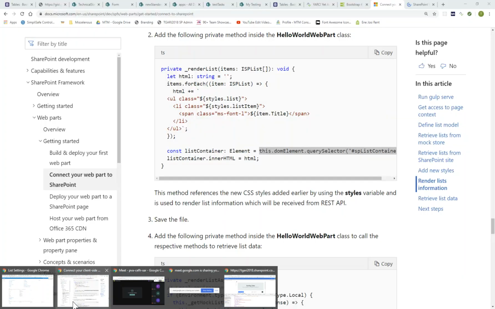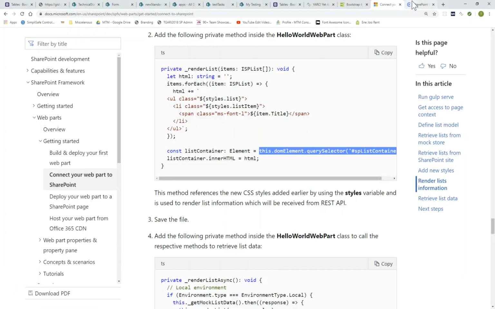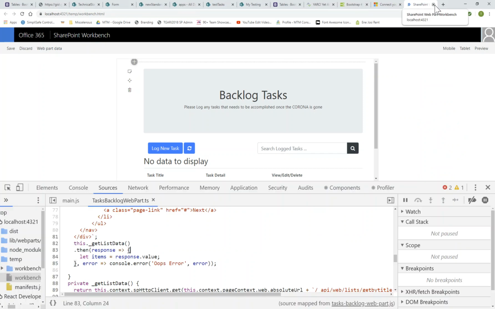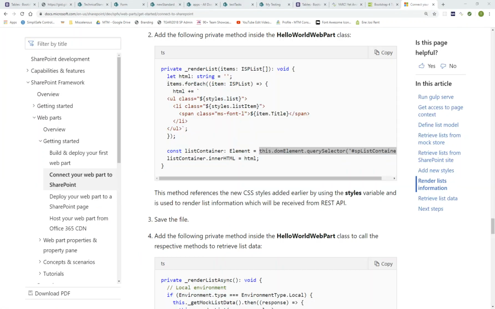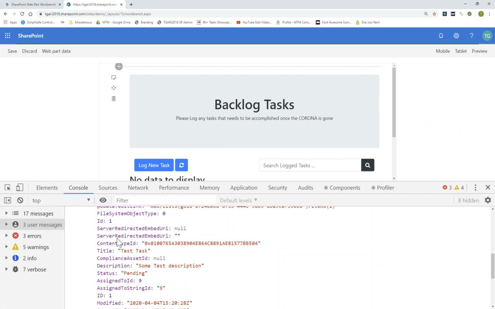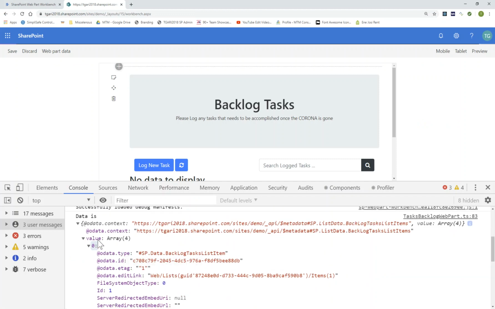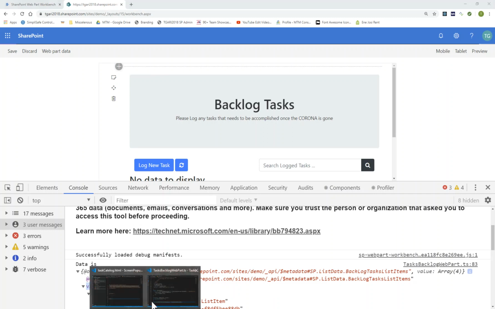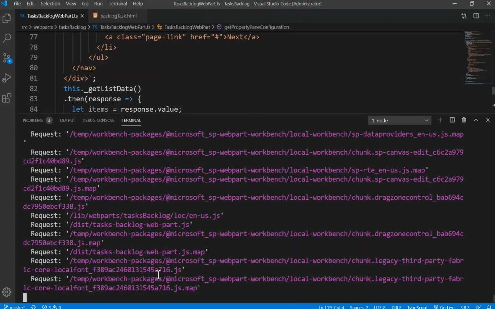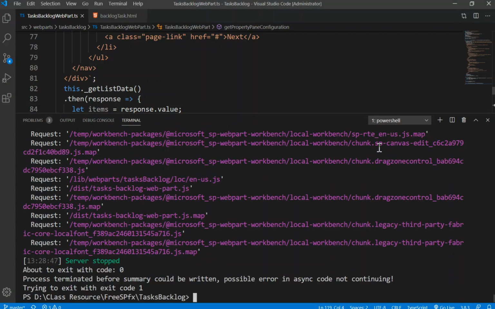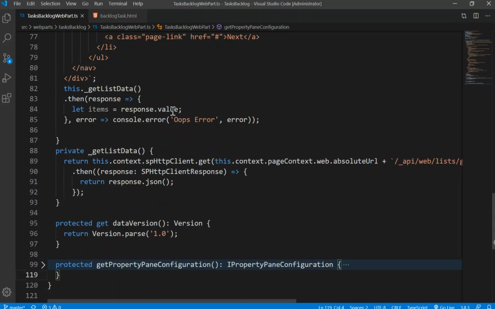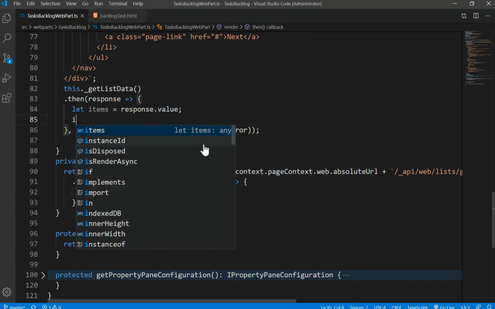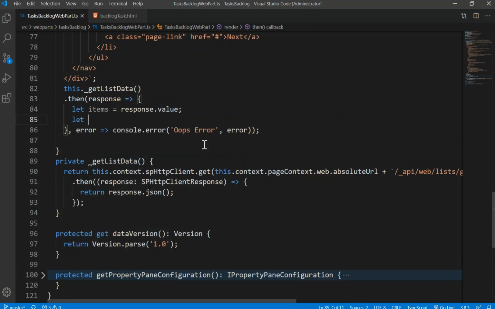Build error, I know what it is, it's here. It forgot this one. Where was it earlier? When we look here, data dot value gives me an array, and I want that array. I can stop this for now because it's bothering me. I'm going to control C. Okay, so that is the value. Shit. All right, so since we have items, I'm going to say let my